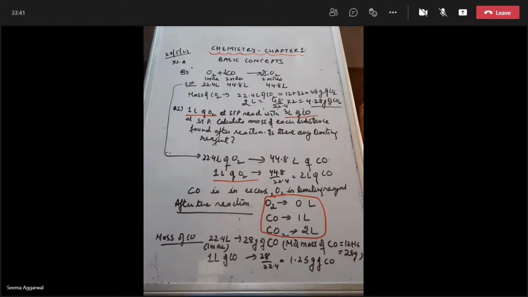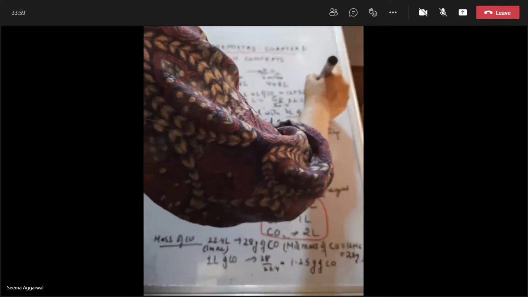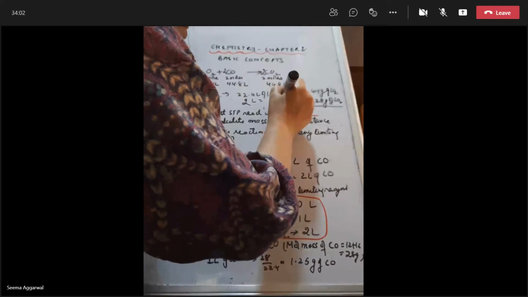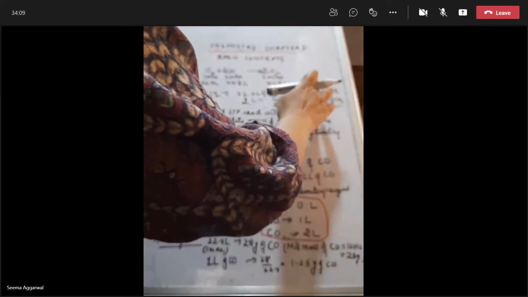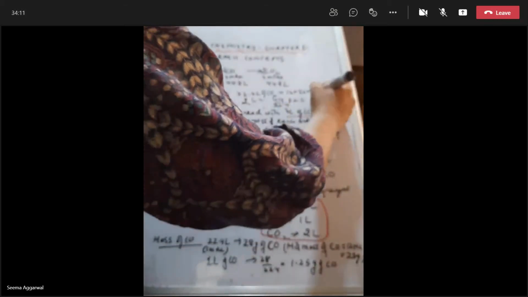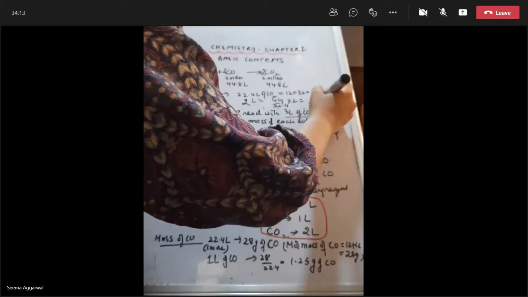Now my next topic is a concentration term. Yes, any doubt? Ma'am, the mass of CO2 is 44 gram. Yes, CO2 will be 44. I wrote 48. It is 44, sorry. How much will this come to? It will not even be 4.88, not even 4. It is coming around 3.9. Just check.